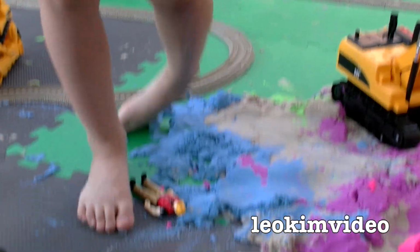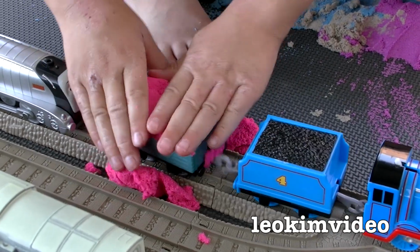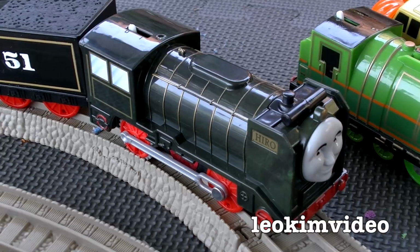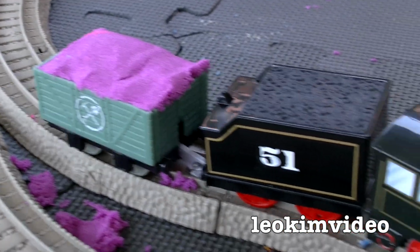Well, it looks like we've got some law and order going on here again. Gordon is being loaded up with some pink kinetic sand. Hero is being loaded up with what looks like purple kinetic sand there, and there's actually one very interesting aspect